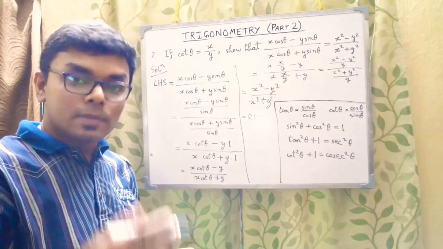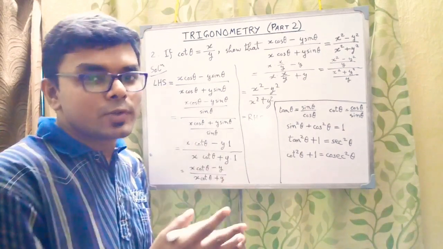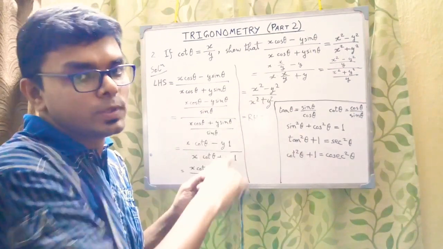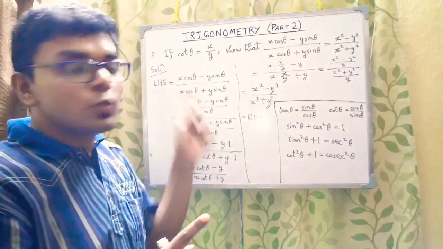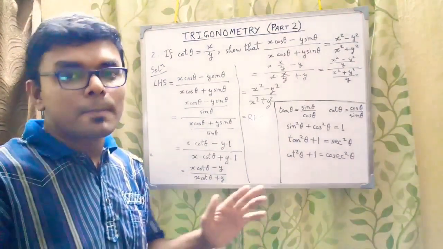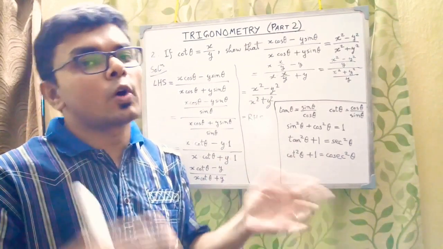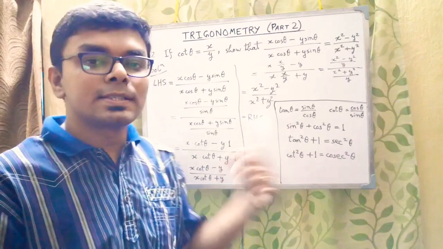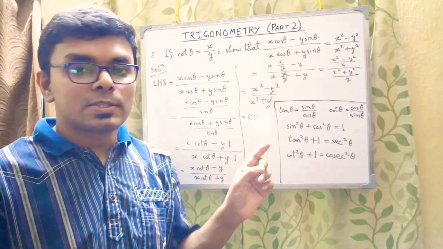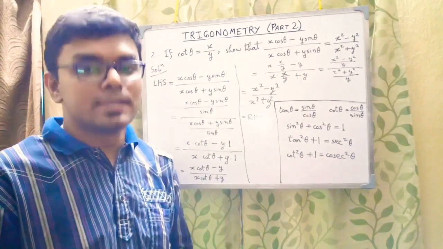Now still if you are thinking, oh my god, what a thing it is, I will just request you, just give it a try. Learn the identities properly. In the beginning you might have a look and then do it, but your target should be to do the sums without looking at the identities. Let me tell you, it's a pretty easy thing. Practice more sums from the books, whichever book you have, or you might be from ICSE board or CBSE board, whatever it is. Practice the sums, and learn the identities properly. The main intention is to apply the identities correctly in the correct place. This is a very easy thing.